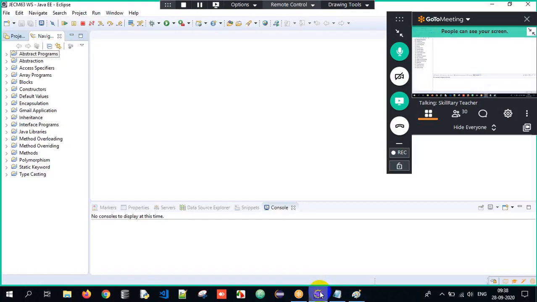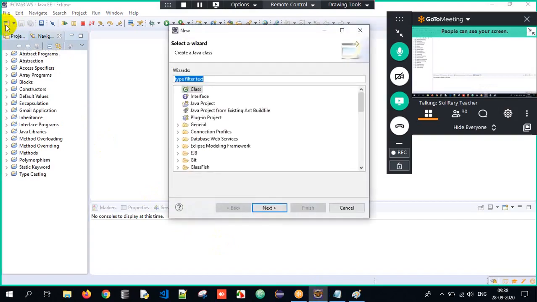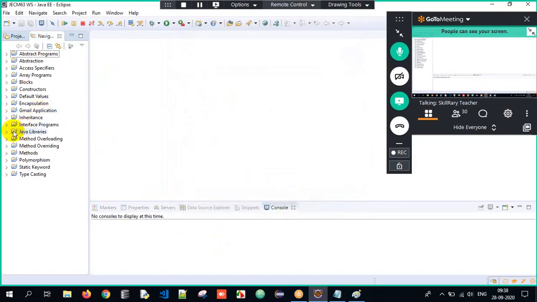I go back to my Eclipse. Below File we have a new icon. Now I will create a new Java project. Not required, because we have already created a project called Java libraries; it's a continuation of it.